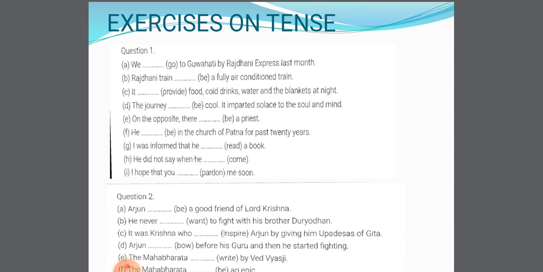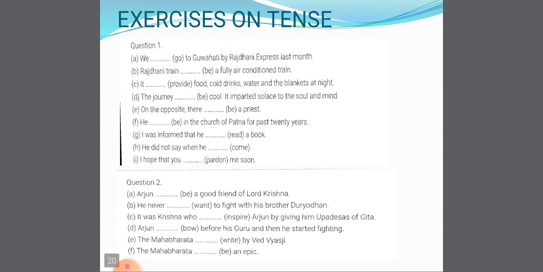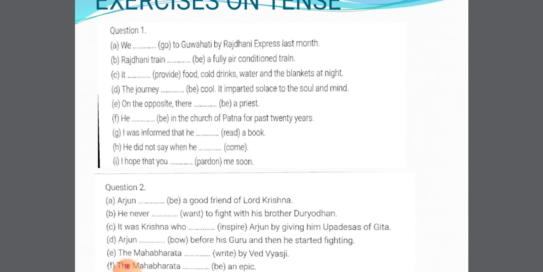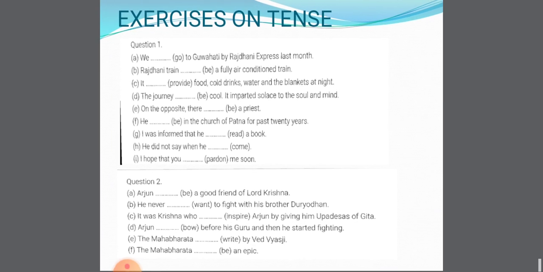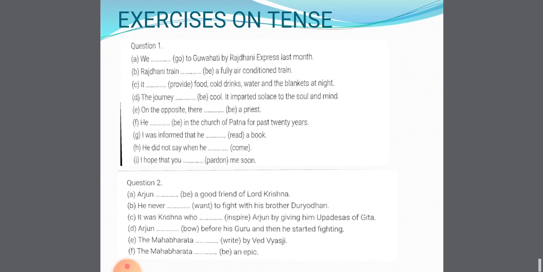Now some exercise. I have given two questions having a few parts. See the right uses, choose the correct form of verb and do the exercise. I hope this time I will get most of the exercises. They should be sent to me on my personal WhatsApp number. Okay, my WhatsApp number is 9435381399. I have shared this in the WhatsApp group also many a time. So please do it and send it before my next class on Saturday.